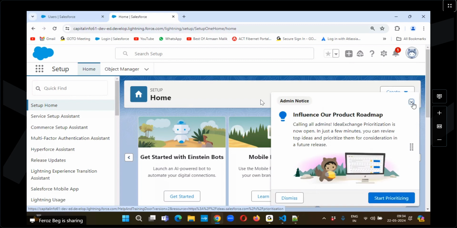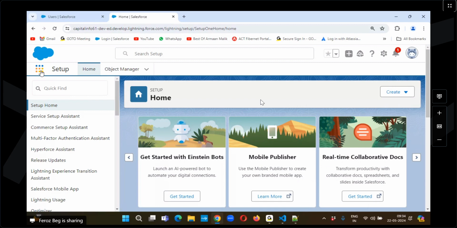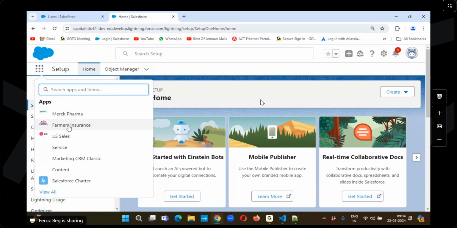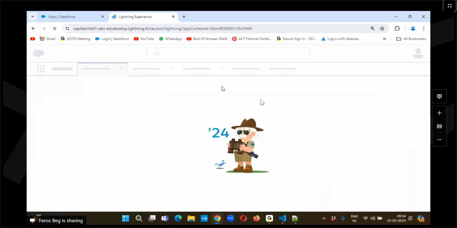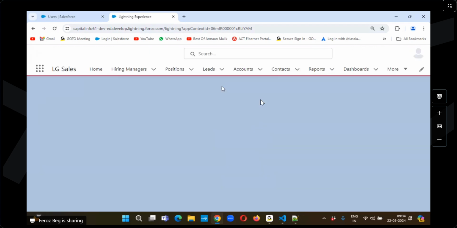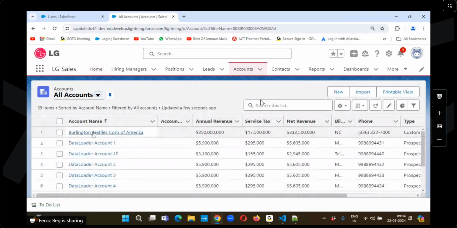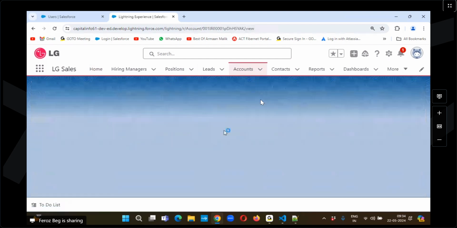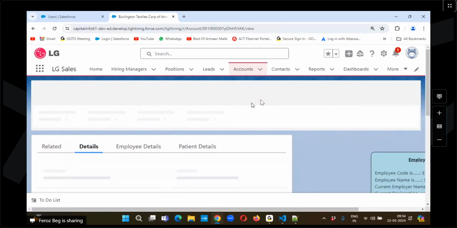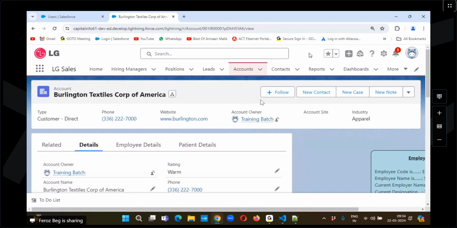Now I'm going to my records. When you open any one of these existing records inside my object and go to this record detail page, here at the top right corner,